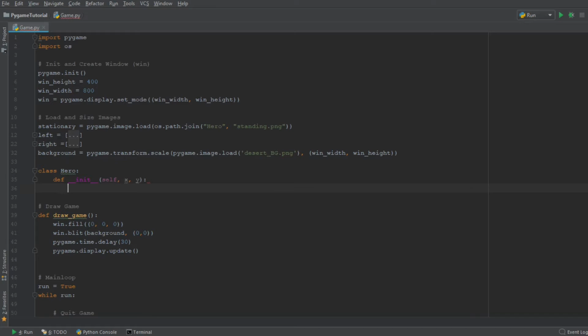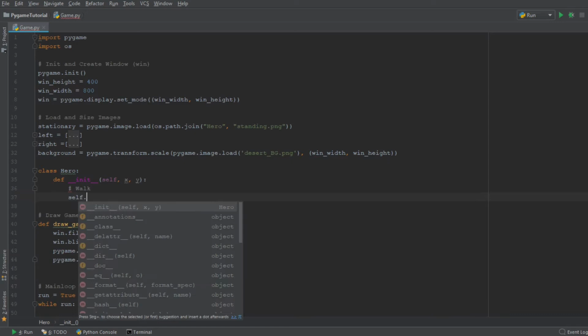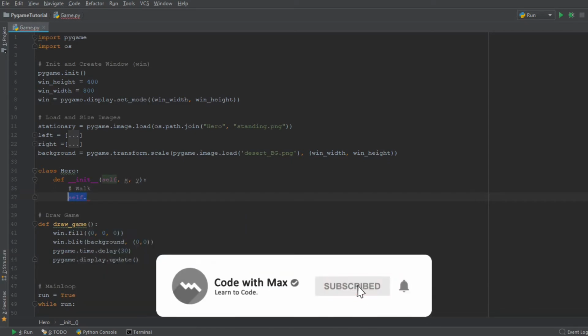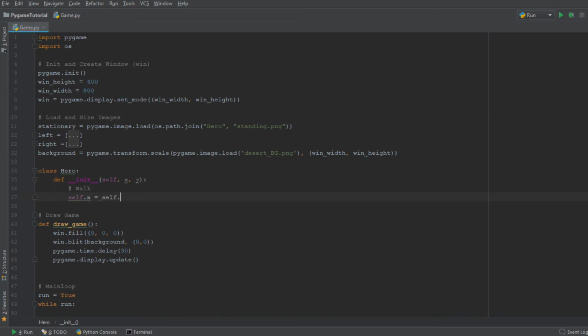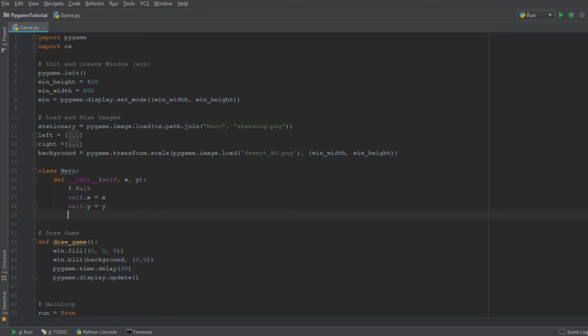And we are going to now add a couple of variables which concern the walking of our character, and that is going to be self.x equals x, then self.y equals y, self.velocity in the x direction is equal to 10,